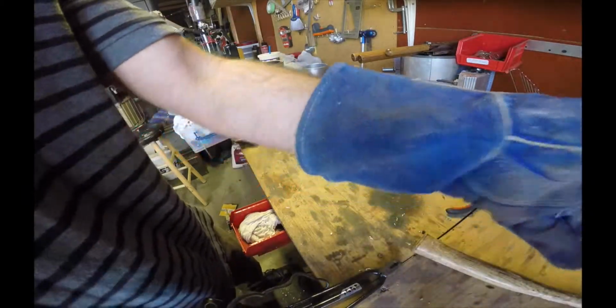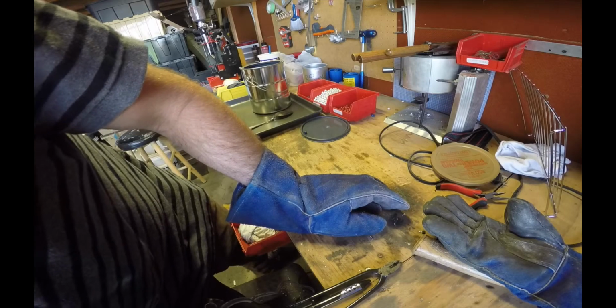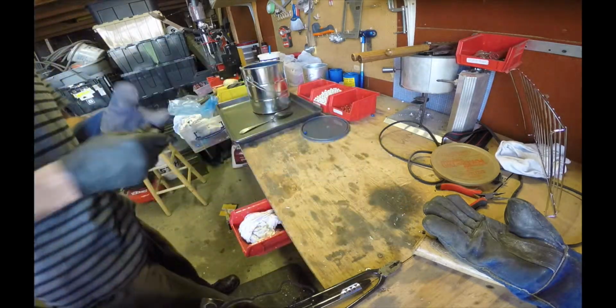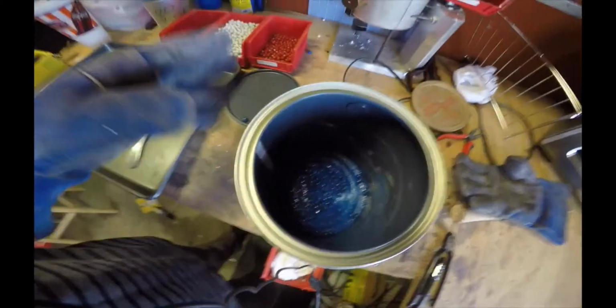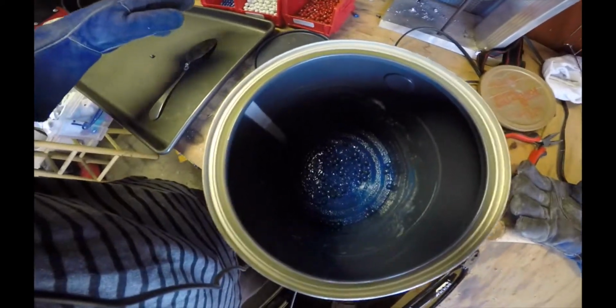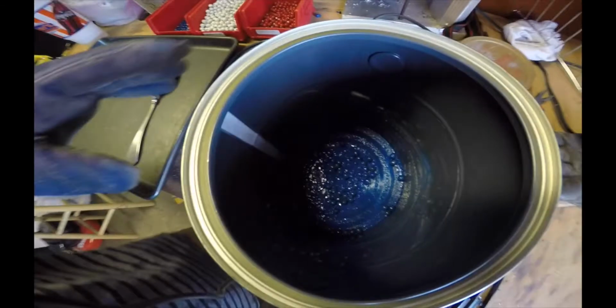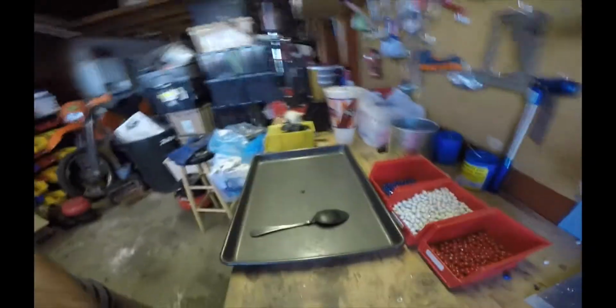Putting those in for 400 degrees for 10 minutes. Now, I never had anything like this before, but look how they're stuck together in there. Whew. So I probably put too much powder in there, or maybe we don't want to do them heated. Either way. So next, while those are cooking,